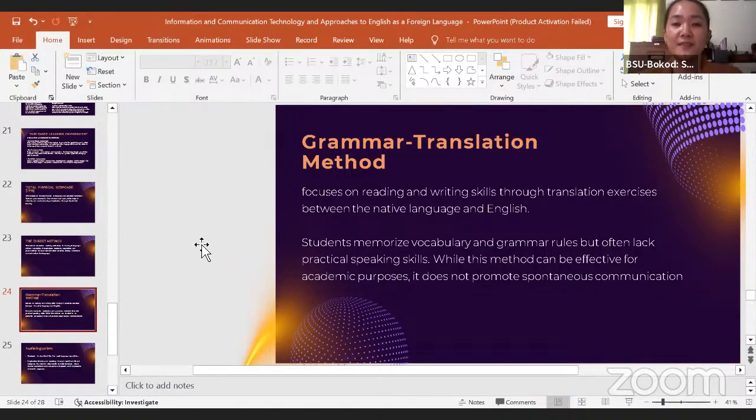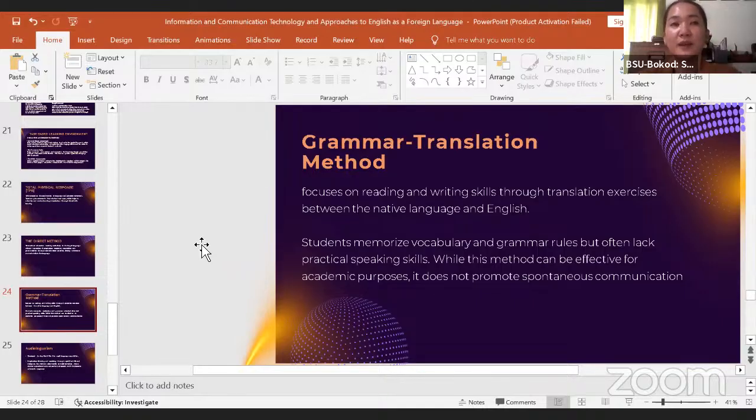Another approach is the grammar translation method, wherein it focuses on reading and writing skills through translation exercises between English and the native language, for example, Bahasa to English.